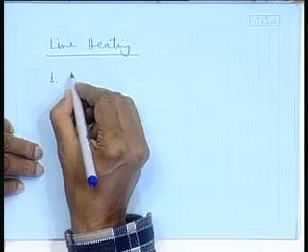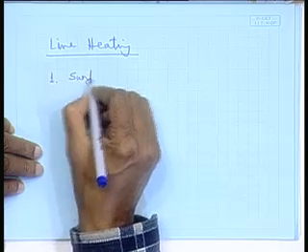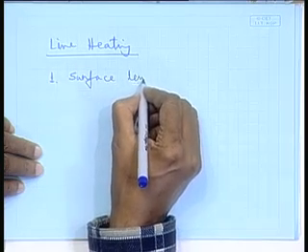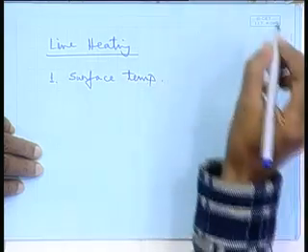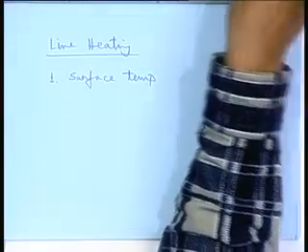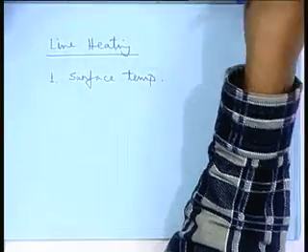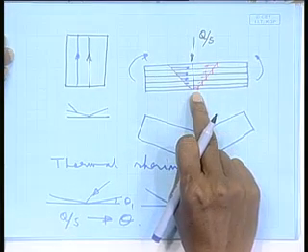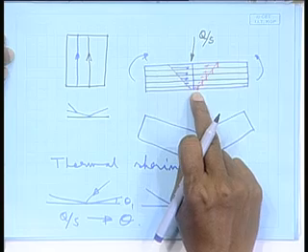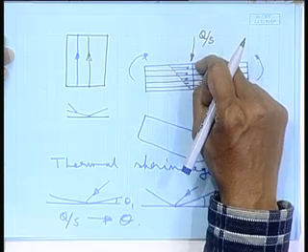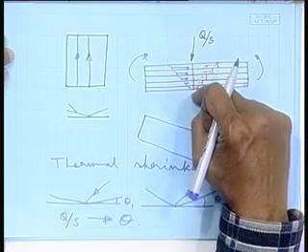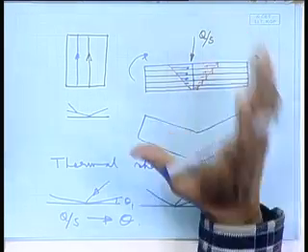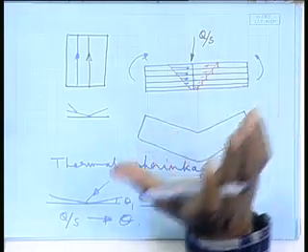One would be the surface temperature, because depending on what surface temperature you are attaining, that will lead to what temperature you are attaining at the bottom, meaning how much heat you are putting. If you want a certain level of temperature at the bottom, or a certain temperature distribution,